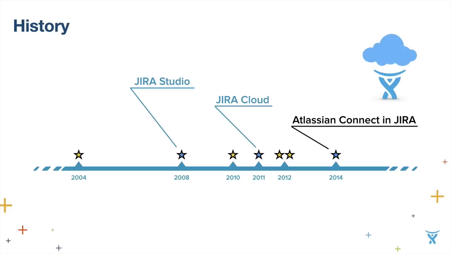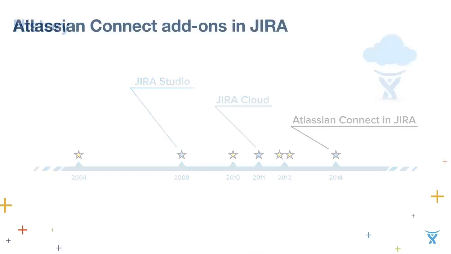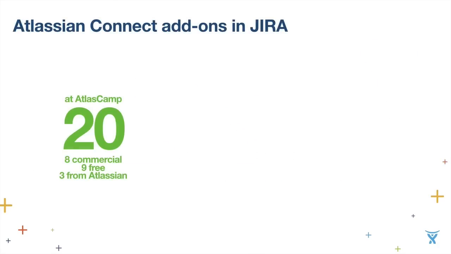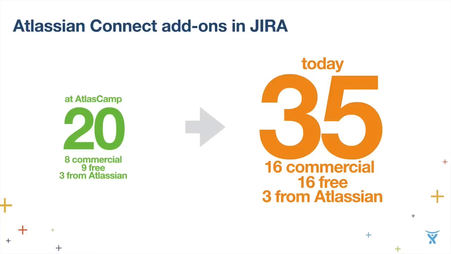And it has become a huge success as well from the very beginning. When we met in Berlin during Atlas Camp in June this year, I told you that we already had 20 public Atlassian Connect add-ons for JIRA. And since then, this number has doubled. What you can see here is a number that I brought up a few days ago when I was building this presentation. But I already know that a lot of vendors and developers kept the releases of their add-ons to the very end before Summit. So this number is already outdated. It's much, much higher than that.